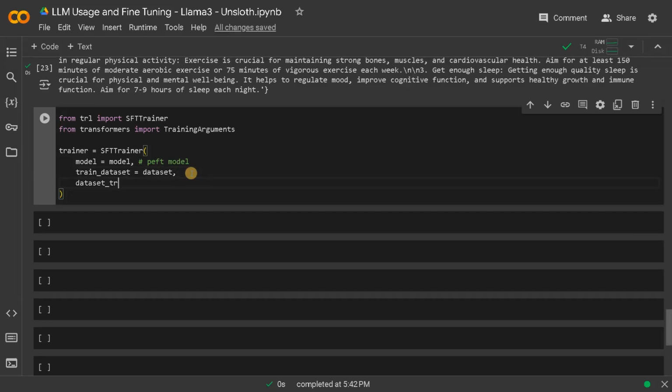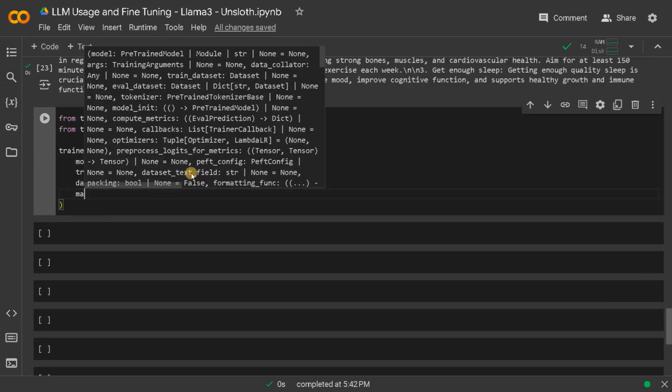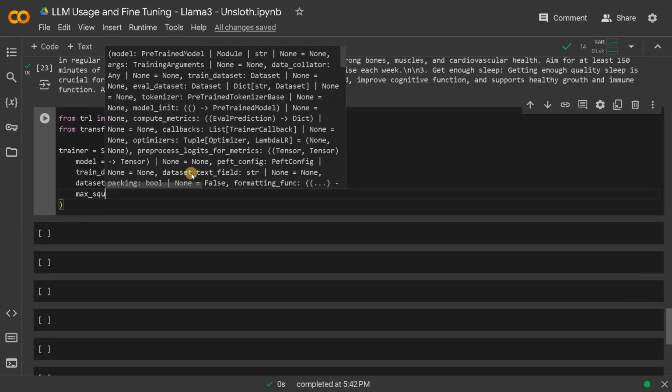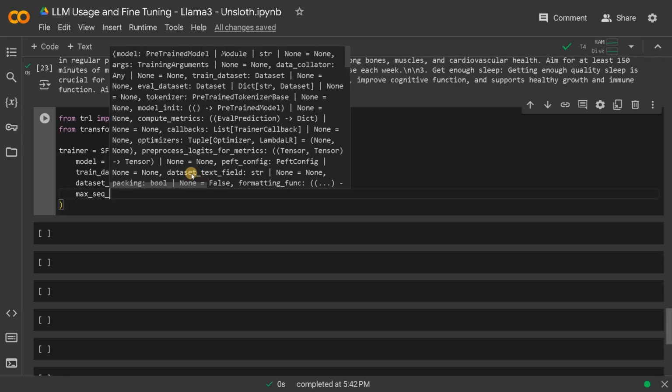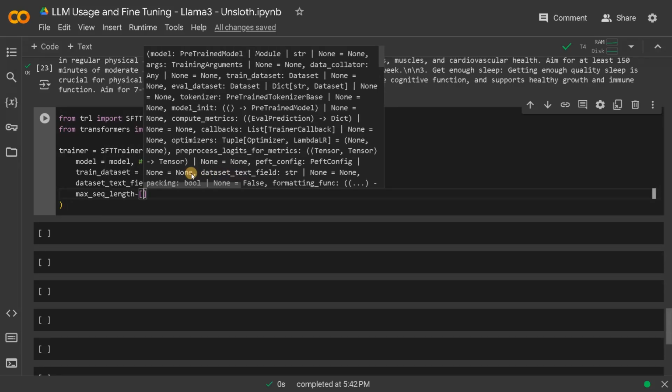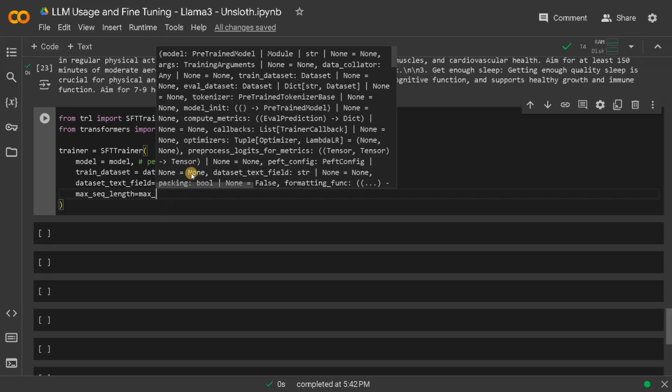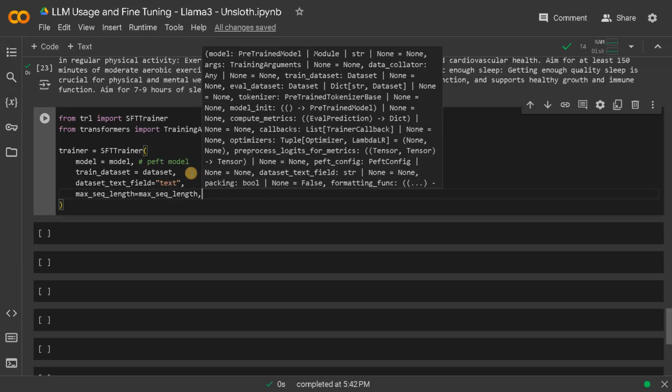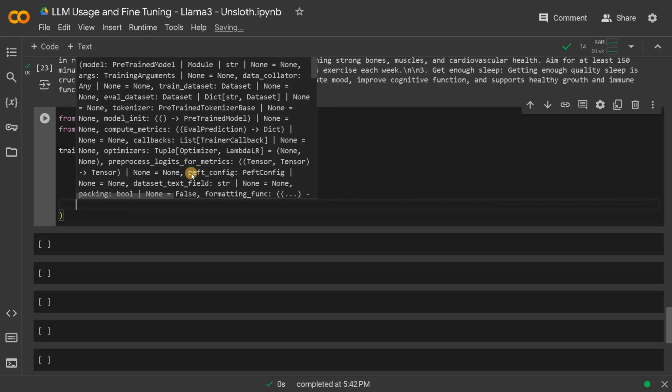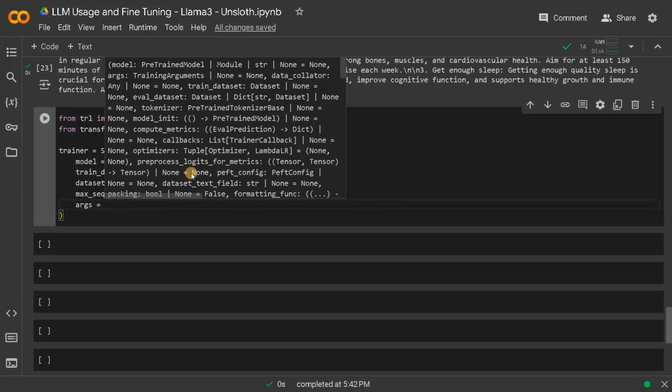Dataset text field. So this is the formatted text field which we mentioned before, which is the text, and then max sequence length, which we already defined multiple times, which is 2k tokens. And then the training arguments equals